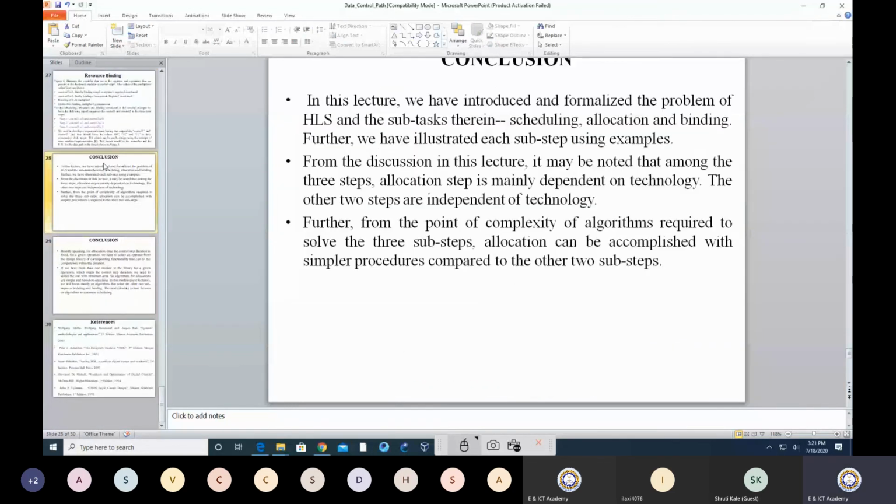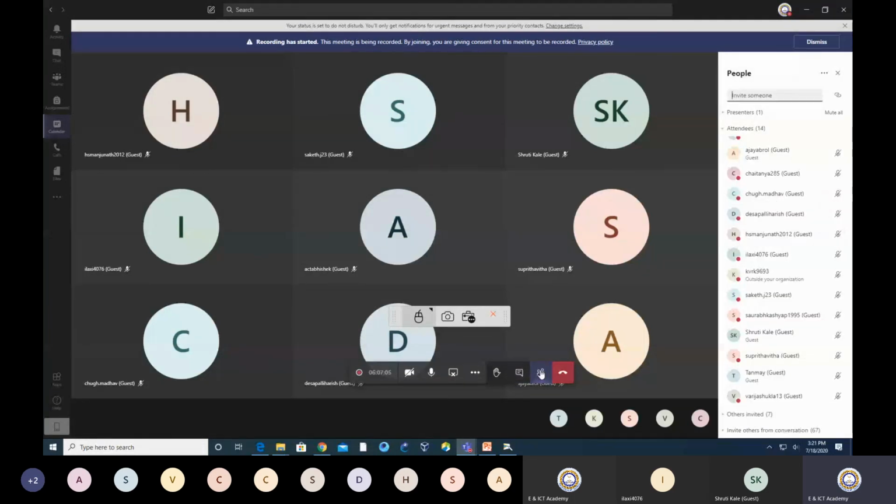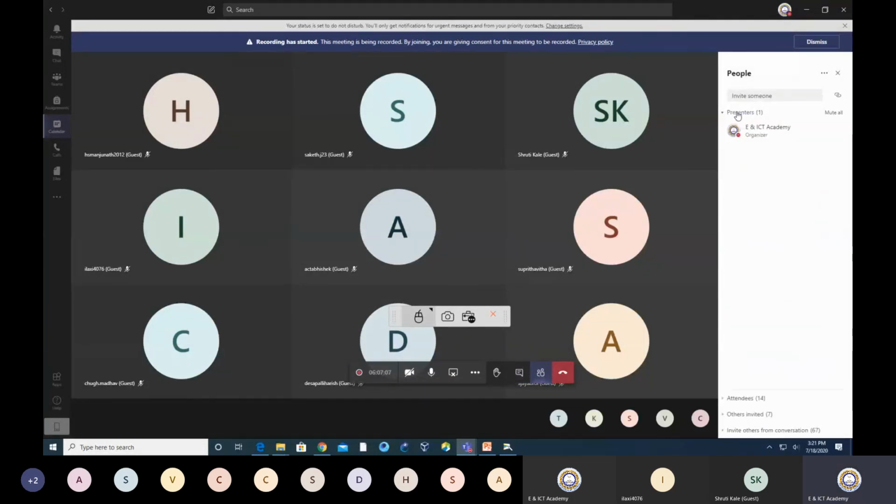I hope I was able to convince you whatever is being dictated. So still I think maybe the slides are with you. You can go back and you can just do that whatever is being written. If you have any issue, then probably I will explain it to you if you have a doubt again. That's all from my side. Yes. Any doubt if you have, then I would be more than happy.